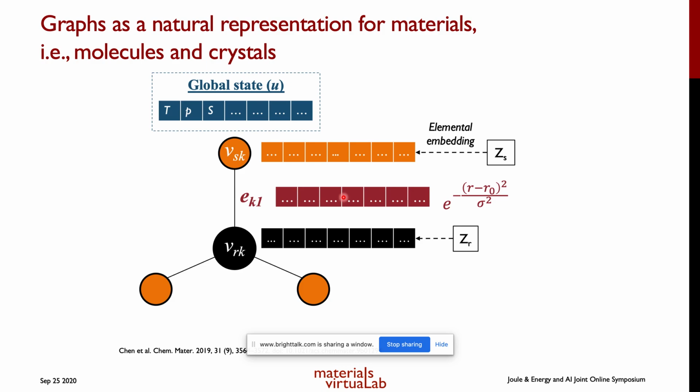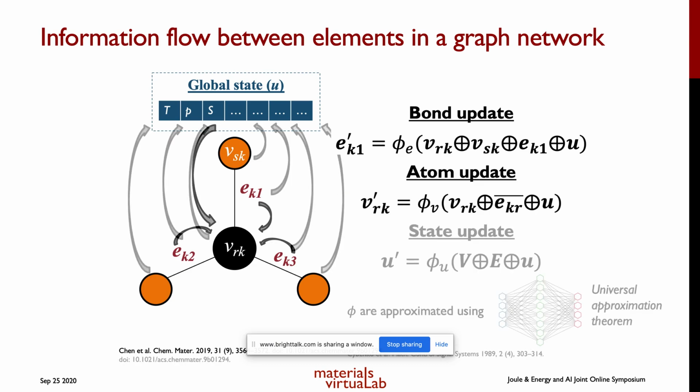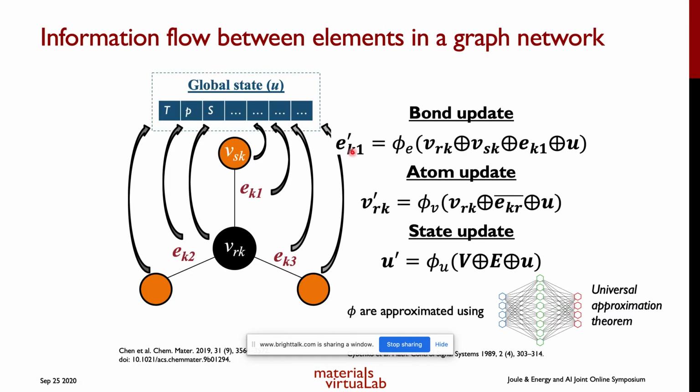Now, in a graph network deep learning approach, basically what you do is that you can create a sequence of operations in which you update the bond, atom, and state properties. Okay. And you update them by taking information from, for example, the atoms and bonds to update the bonds. You can similarly do an update of the atomic information, and then you do an update of the global state information, right? And because we do not really know what the functional form of this update function should take, we can approximate them using deep neural networks, and we can then use standard machine learning algorithms like backward propagation to train